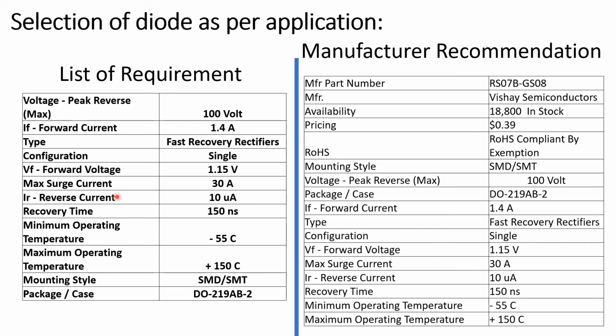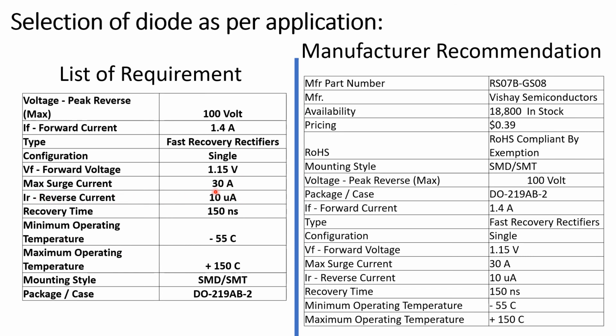Here is the max surge current. You also have to see how much current the circuitry can draw. There is a kind of spike. Do you have any switching spike? If there is, what switching surge will be available? If the surge is about 30 amperes or 40 amperes, you have to see accordingly and define this.